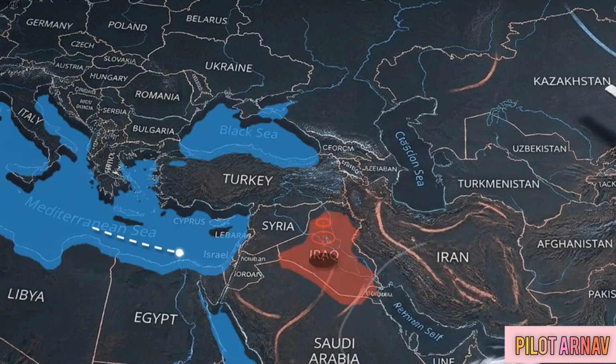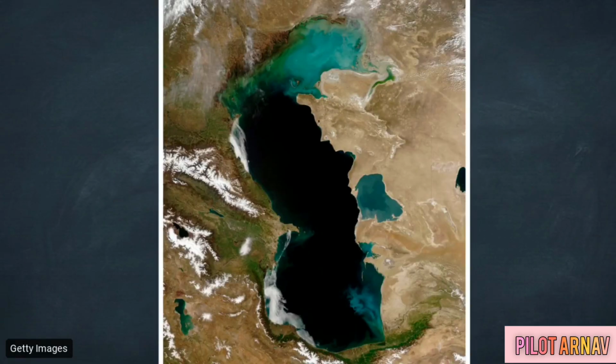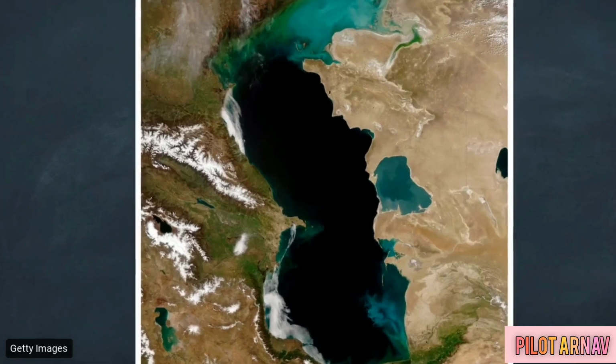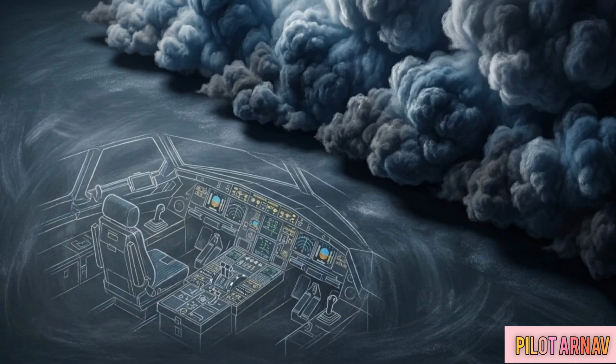The storm advances over the land masses of Iraq, Iran, Afghanistan, and Pakistan. As the system travels, it passes directly over the Black Sea and the Caspian Sea. Passing over these open waters allows the cyclone to pull up massive volumes of moisture. The jet stream acts as an intercontinental conveyor belt, taking a distant meteorological anomaly and converting it into an incoming